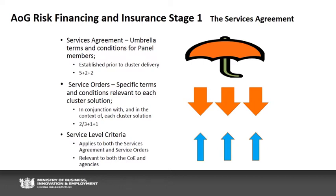The other key document that came out with the RFP was our draft services agreement. Now, the first thing to mention here is that this agreement is consistent in style with the other all of government contracts, but it obviously has to respect the nuances associated with risk financing and insurance and dealing with the risk financing and insurance industry as well. Okay, this obviously forms part of your considerations when you're responding to the RFP,